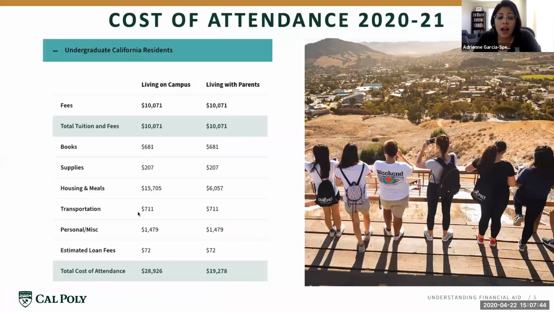That's a really important word you might hear us throw out when you're talking to our office. Another term you may hear about is the cost of attendance. The cost of attendance, or COA, is the estimated cost of attending the institution. That means altogether the expenses for tuition, meals and housing, books, supplies, transportation, and miscellaneous expenses. I'm showing the cost of attendance now on the screen for a first-year undergraduate California resident. You can see our other costs of attendance for other students on our website, calpoly.edu/financial-aid. This is an important thing to familiarize yourself with, and it'll give you a sense of what it is going to cost to attend Cal Poly next year.